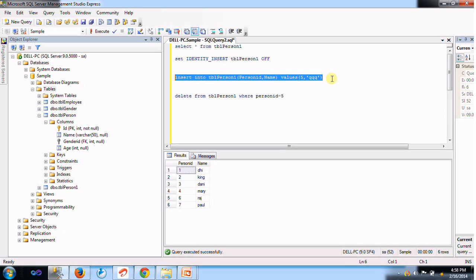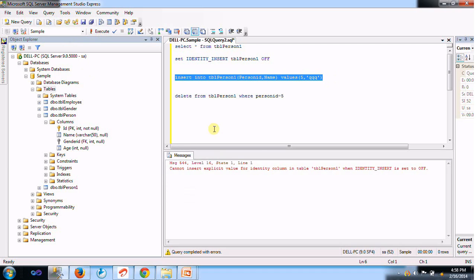Okay, now I try to execute here. The error says that we have not set identity insert on. So just change off to on, and now execute here,